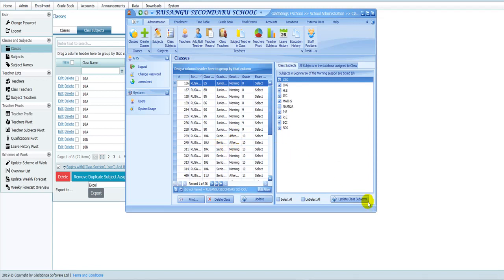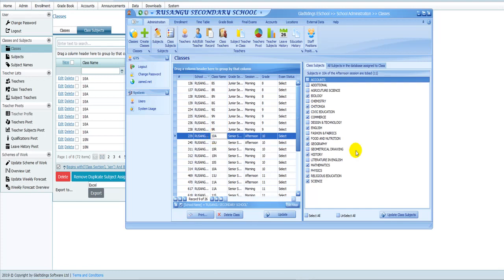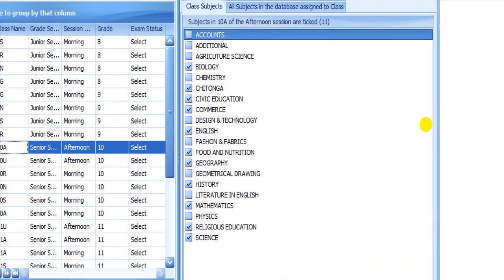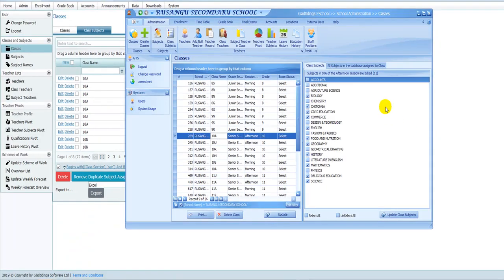Alright, so what I'm doing here is I want to view the classes for Rusangu, and so here I agree, so there is 10A. Now notice something. On the right, it will show you all the subjects that are in senior section, and those that have been ticked are the subjects for 10A. But you also have this tab that says all subjects in the database assigned to class. Alright, so when you click on this tab,